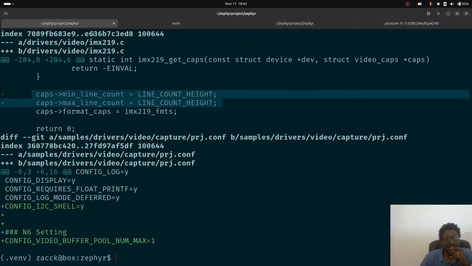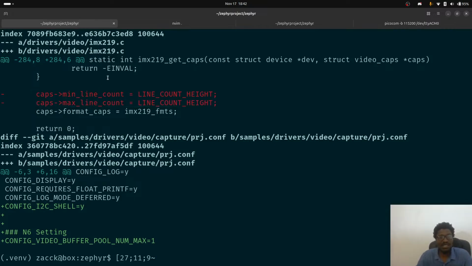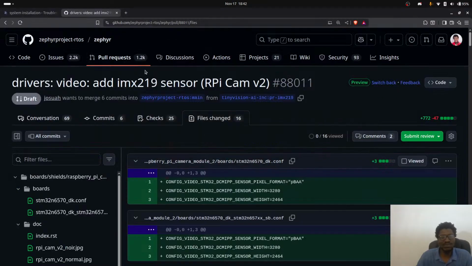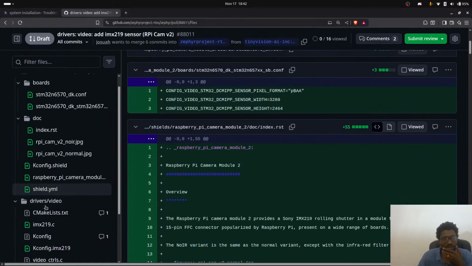So the first thing I want to do is check this, and this would look like line 284. 284.8. No. Which line was this? So I removed this caps min, caps max. Let's actually just look at this driver as it lives and find this line in the driver and see where it is right now. So I'm going to look at the IMX219 here,